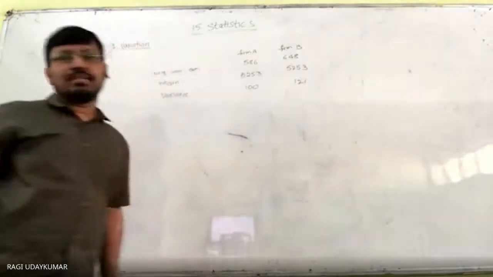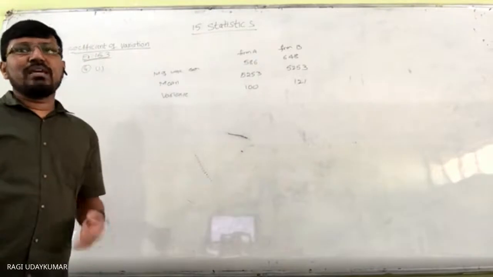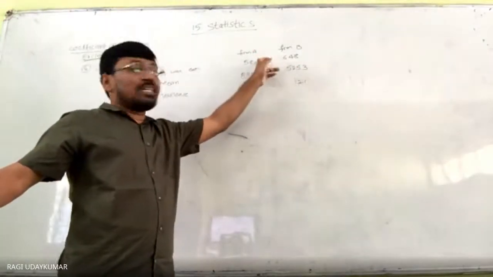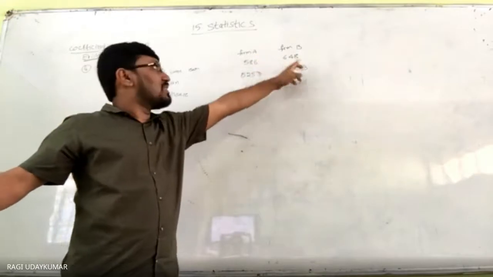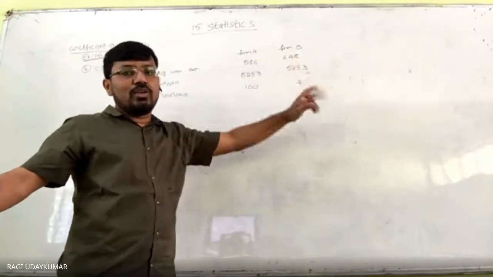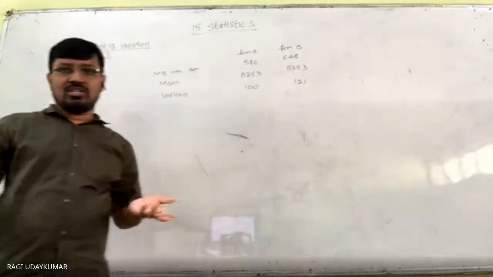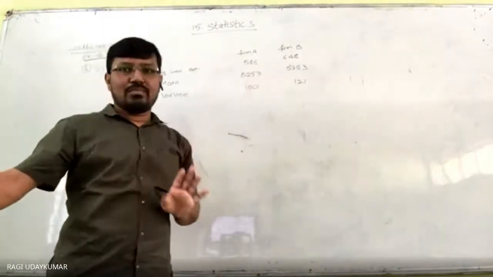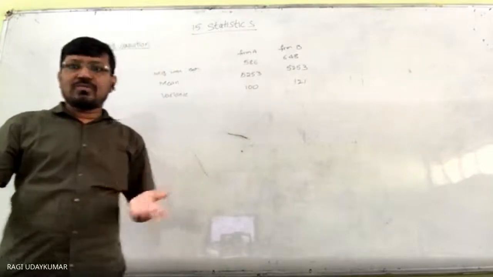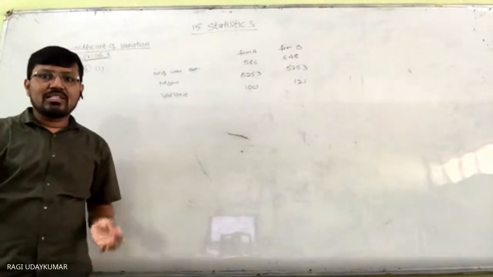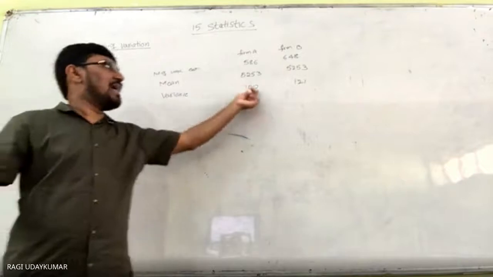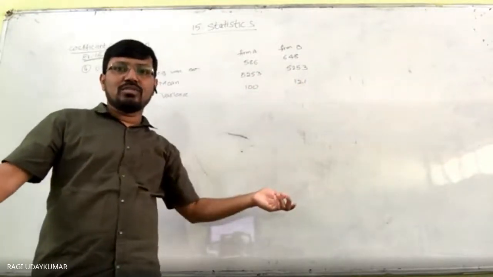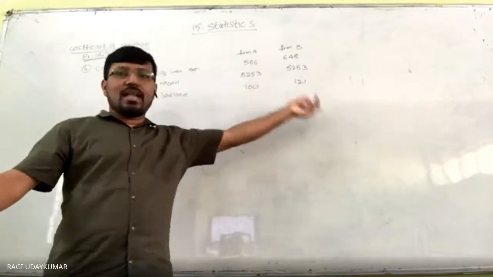The first question is asking who is paying more. Both averages are the same, but the number of workers is 586 here and 648 here, so you can say that firm B is paying more. The total amount, you have to multiply these two. The variance is given as 100 and 121, so the standard deviation becomes 10 and 11.